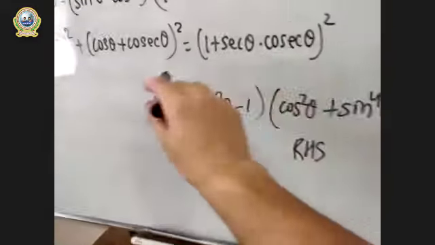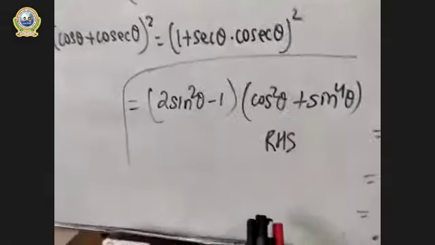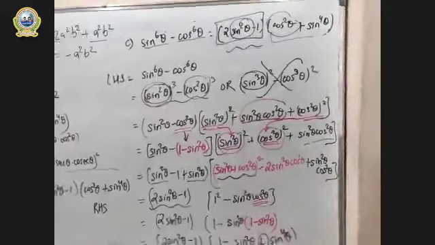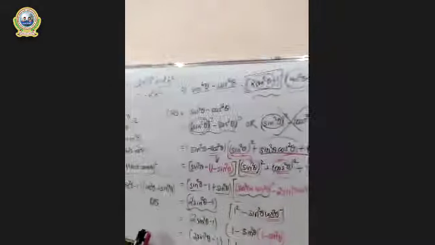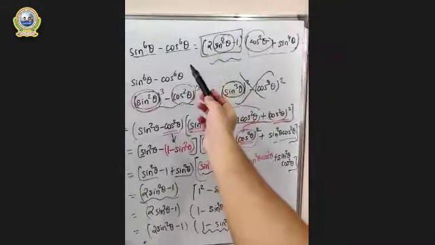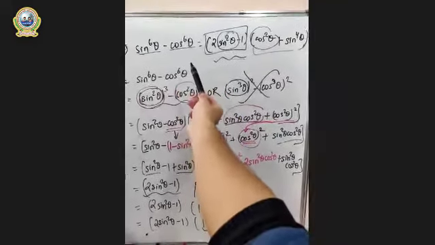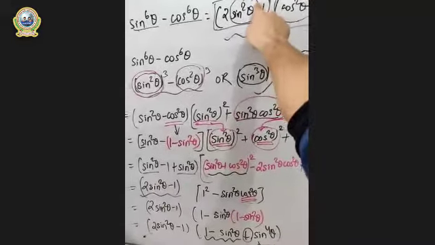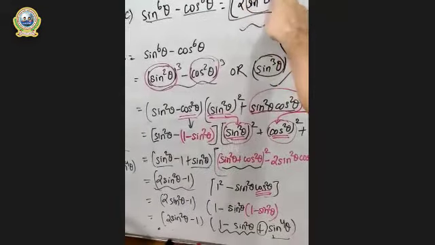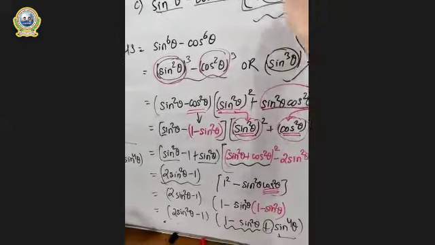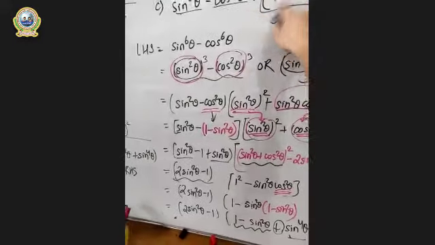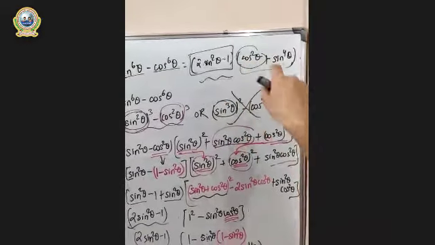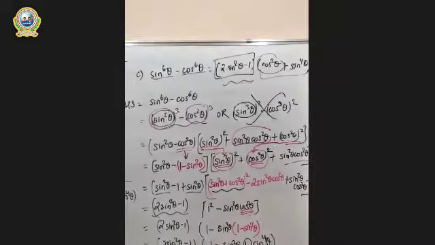Is it clear? Look below this line. This is our solution. Let me show you from the beginning part, okay? Now this seems like this. Look at here properly. Our left part is sine 6 minus cos 6, and right part is 2 sine square theta minus 1. This is minus 1, okay? I have circled it, so it might look like plus, but this is minus. This is minus 1. Let me remove these extra lines, okay? Now this is the correct form. 2 sine square theta minus 1 cos square theta plus sine 4 theta. This was our right hand side.